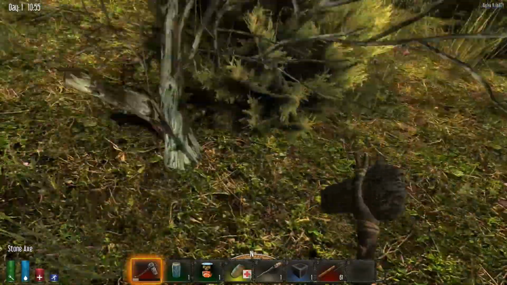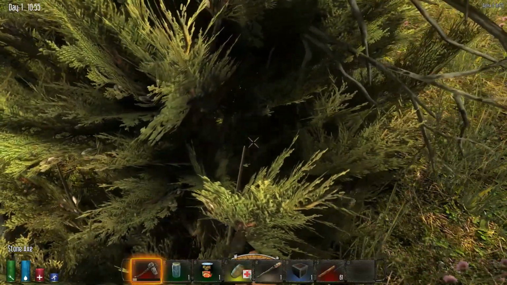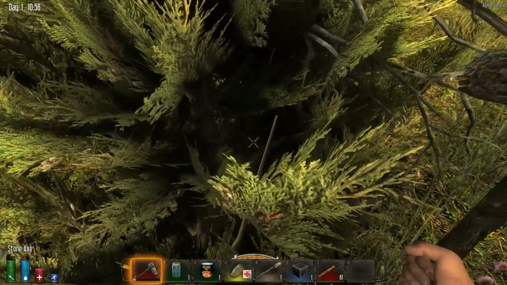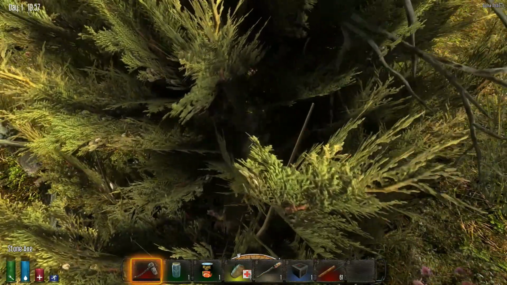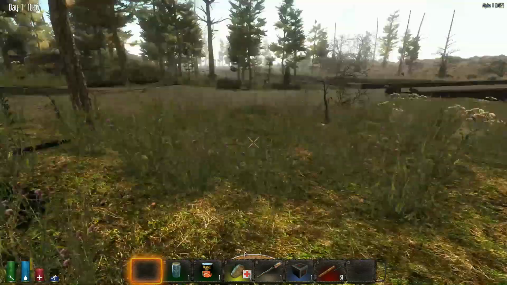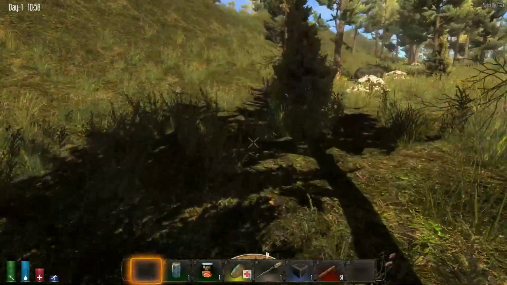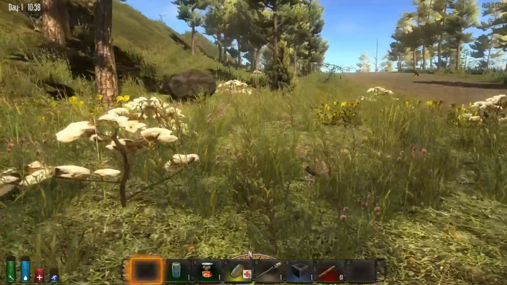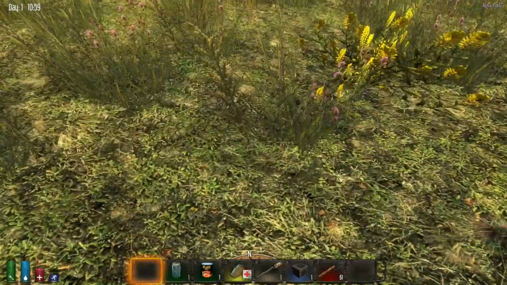Interesting. Okay, I like those new little shrubs. Those are cool. But I don't know if I like how rapidly these stone axes wear out. You're going to be going through a shit ton of stone axes at the beginning of this game. Alright, let's go ahead and pick another one up. We'll make another... Oops, I should have grabbed some...